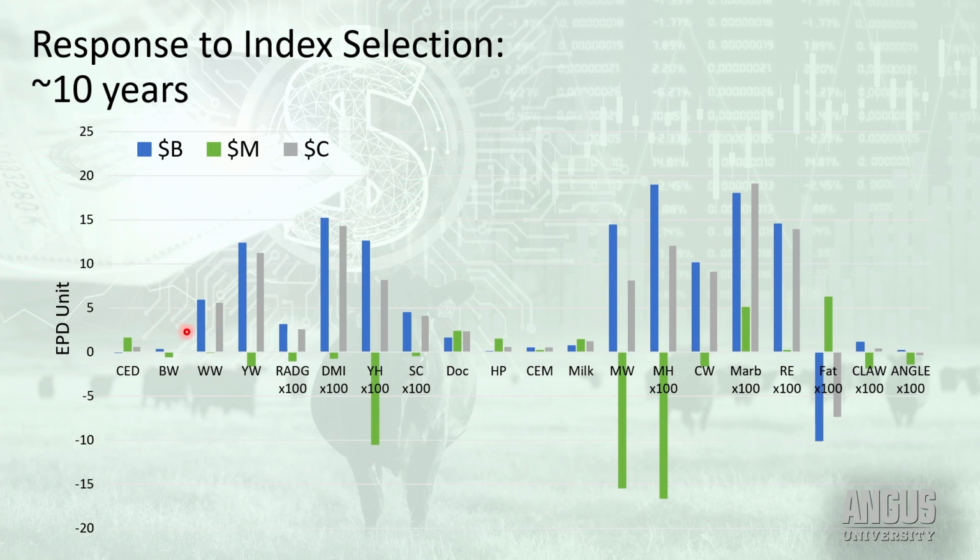A lot of times we get comments in the feedback that $C looks like it's highly correlated with $B. And when you look at this selection graph, I would say that probably aligns with what you're thinking. But I think the biggest point here is that with weaning weight and yearling weight, we still have upward pressure like we would see in $B. So that's a nice offset to our maternal weaned calf value index, where we're actually starting to see those things